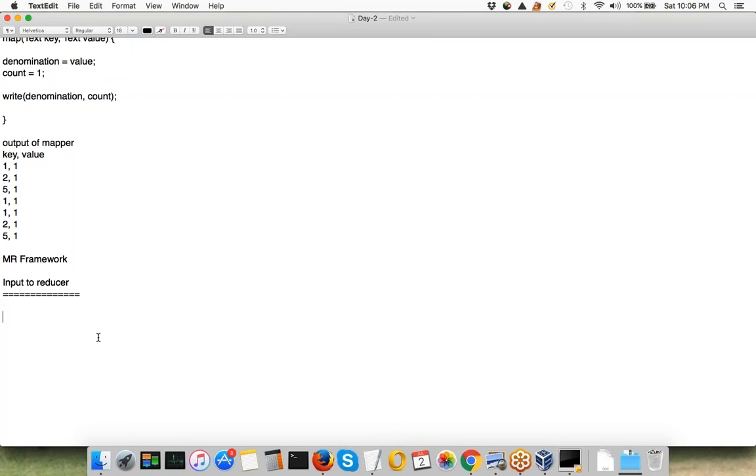And what is that? Corresponding to every key. So whenever the key was 1 here, this record and this record, the framework will pick all those records where the key is the same, and it will put all the values into a list. So corresponding to key 1, there are 3 records and all 3 of them have value 1, right? So this is one record to the reducer. Similarly, corresponding to 2, it will pick this record and this record. It will say 1 comma 1,